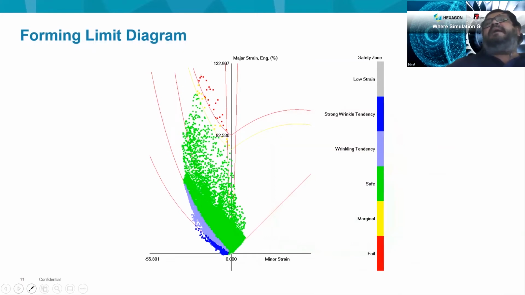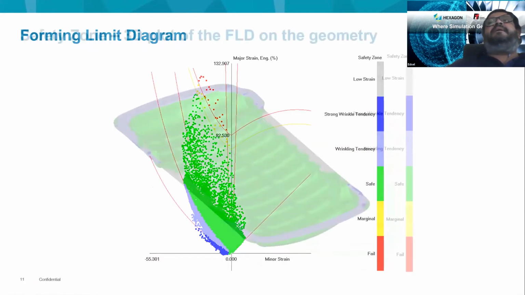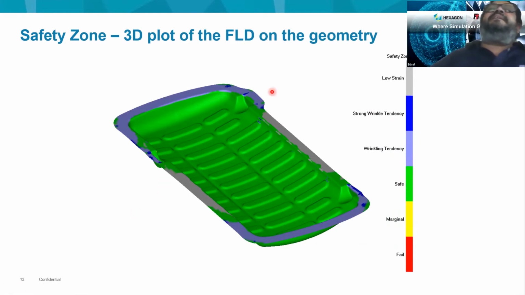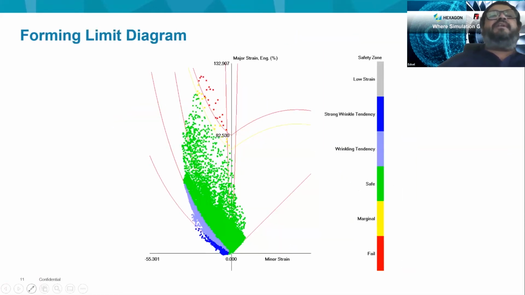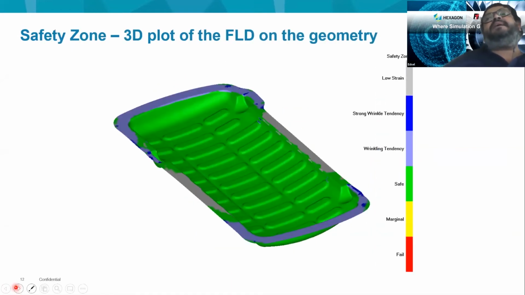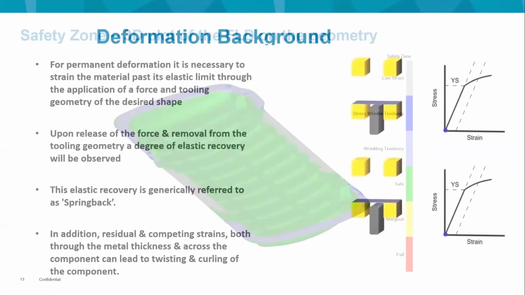And the forming limit diagram denotes all the zones that we earlier saw. If you remember, over here was the zone of the strong wrinkling tendency, and so on is what the forming limit diagram is going to show us. Software will also help us to view this in 3D, but please be aware that this 3D is nothing but the 2D representation of this 3D. So whatever you see in the forming limit diagram is also what the software can enable you to see in a part. And today I will demonstrate this capability to you as well.